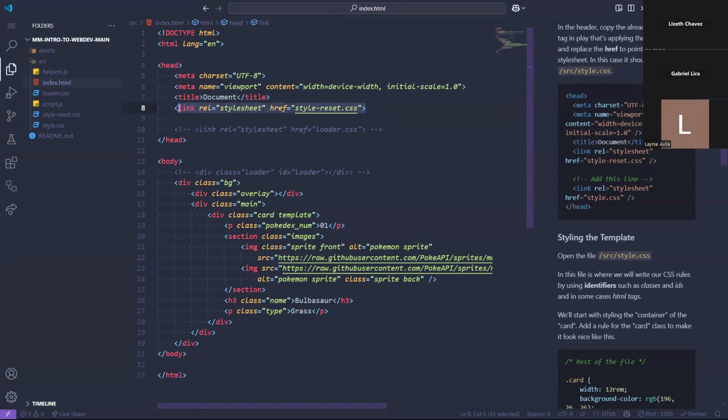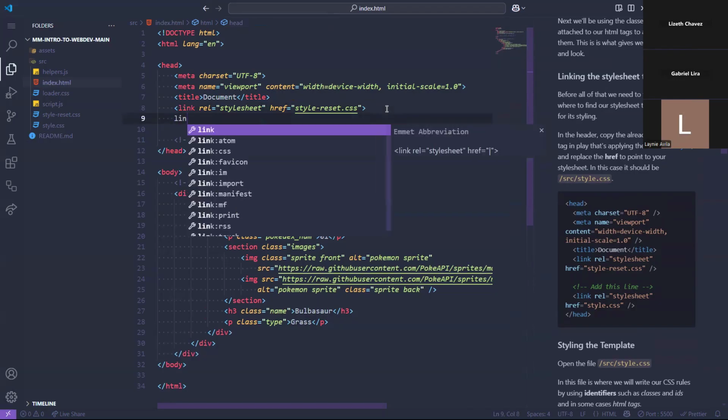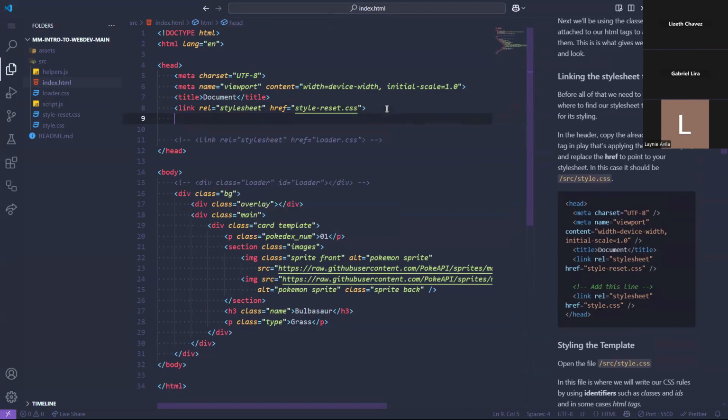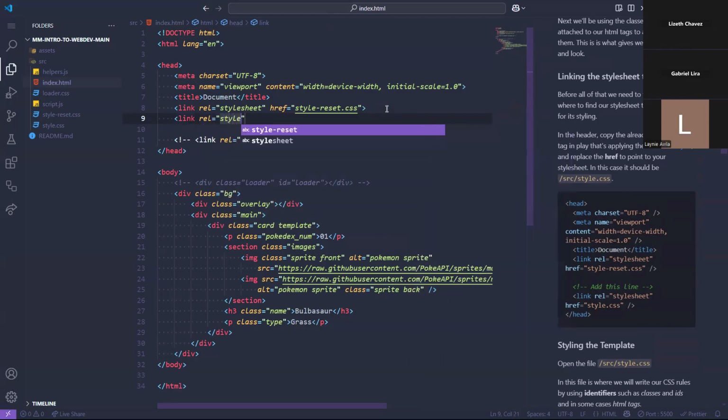And this file I included, so you will have access to it. Also in the README, I included a little link in case you want to learn more. Pretty much what it does is it has all these rules that tell the browser, everything you have by default, turn it off. We're starting from scratch. So in case you wanted to know what this line is, that's what that is. But we will be adding a new link tag for our style sheet